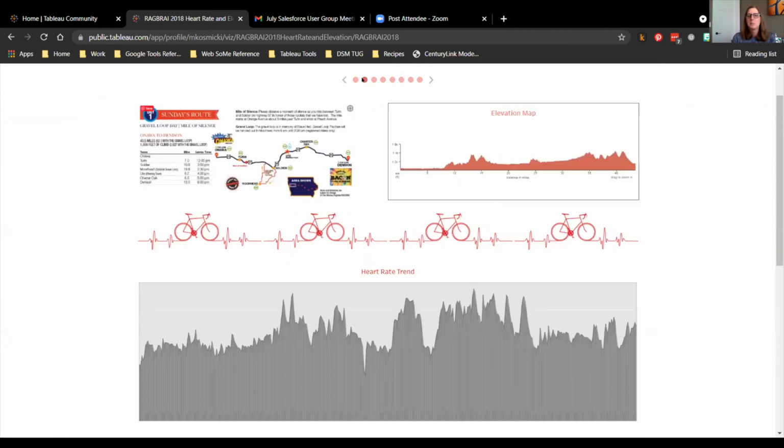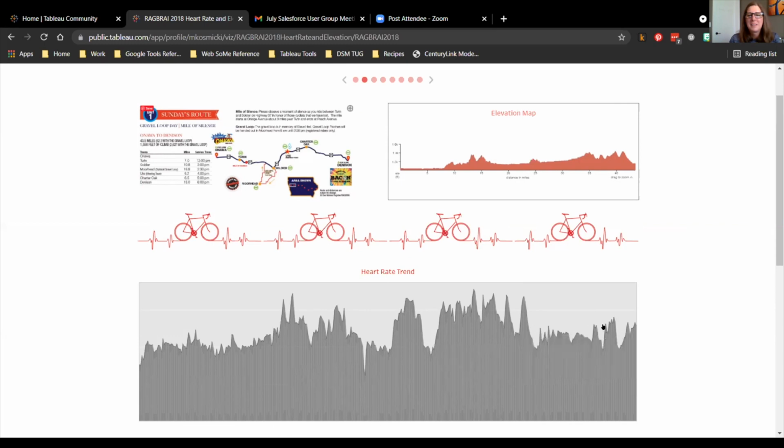But once I got all the data pulled out, I realized that I really needed to track it by where I was during the day. And well, the elevation map didn't quite work out with that. So I tried to get my GPS data off my phone so I could see kind of where I was going across the state at any given time, which kind of worked, except that when you're out in rural Iowa riding your bike, sometimes you don't have GPS data. So there were gaps, but I compromised